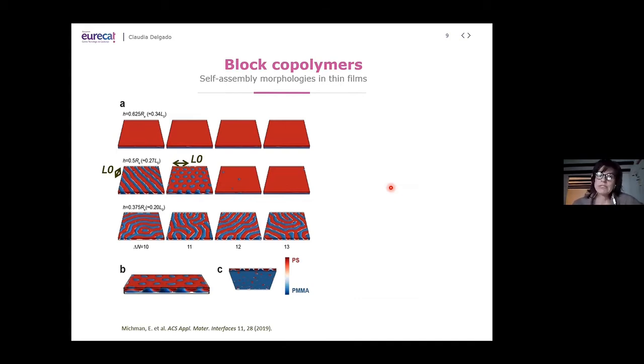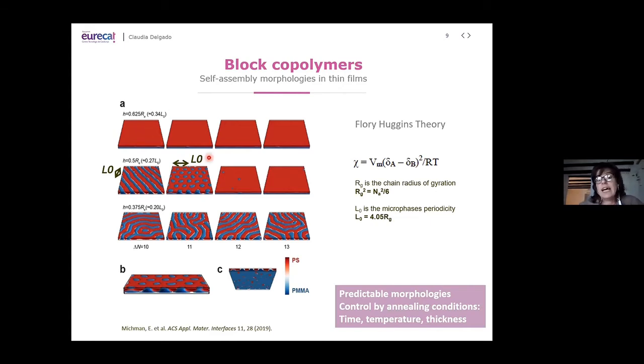Most importantly, these block-copolymers can be modeled. This is FEM modeling, so finite element modeling, with one polymer. Block-copolymers are ruled by Flory-Huggins theory, where you have a very important parameter called chi, the Flory-Huggins parameter, which is basically about how miscible both blocks are. The less miscible, the better they will phase segregate, which is what we want. Then there is an important factor, the radius of gyration, which means how bulky the chain is, and then the L0, which is called the periodicity of the features created in these